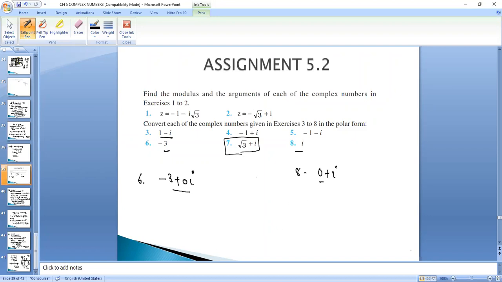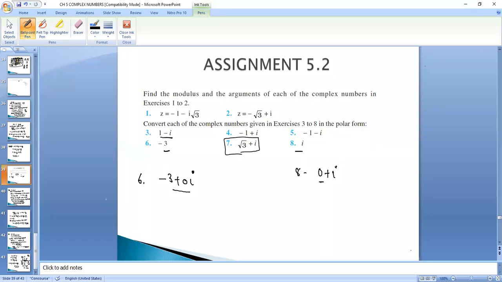So today you must be very clear about how to express a complex number in polar form, because again I'm giving stress to you, these questions are very important. Okay, so come prepared tomorrow with these questions. Any doubt?